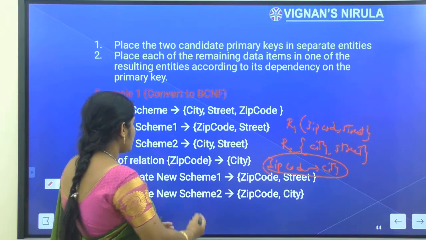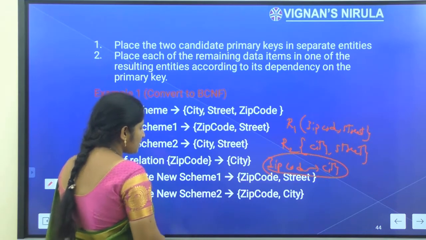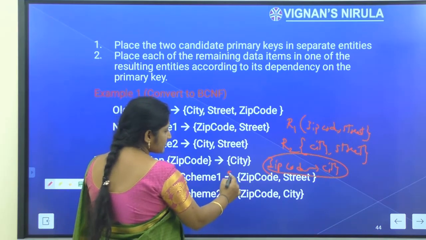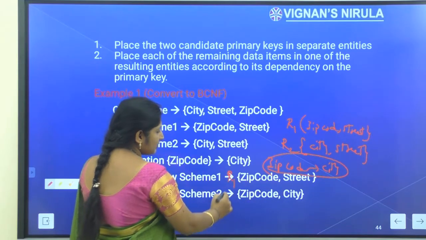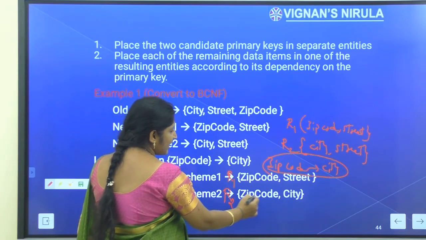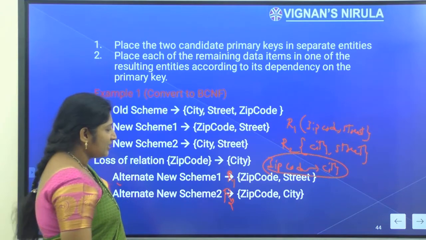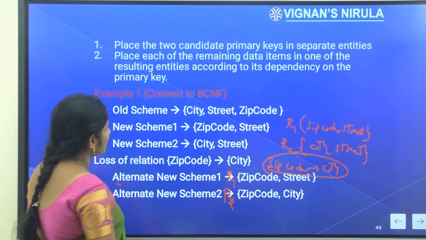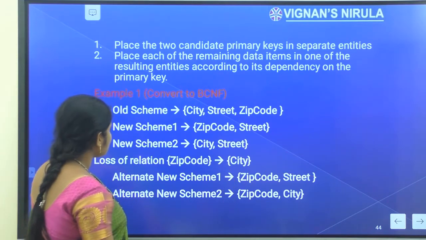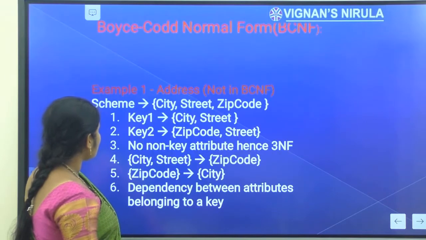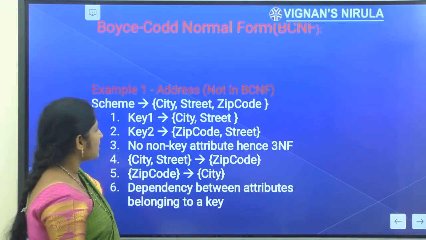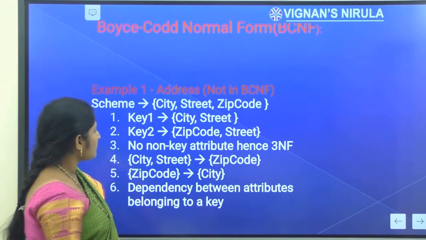So what is the alternative procedure? I can have the first relation as zip code, comma, street, and within the second relation I can have zip code, comma, city. By using this, what are the FDs I have? The FDs present within my table are city, comma, street implies zip code, and zip code implies city.